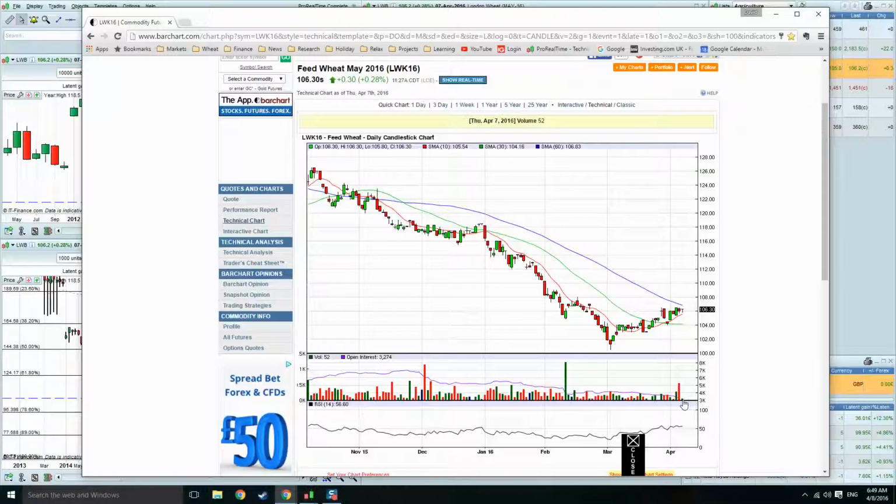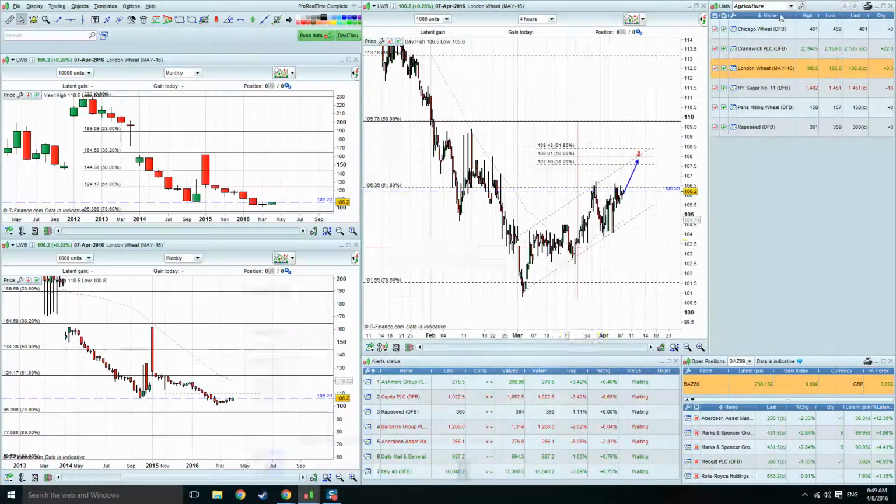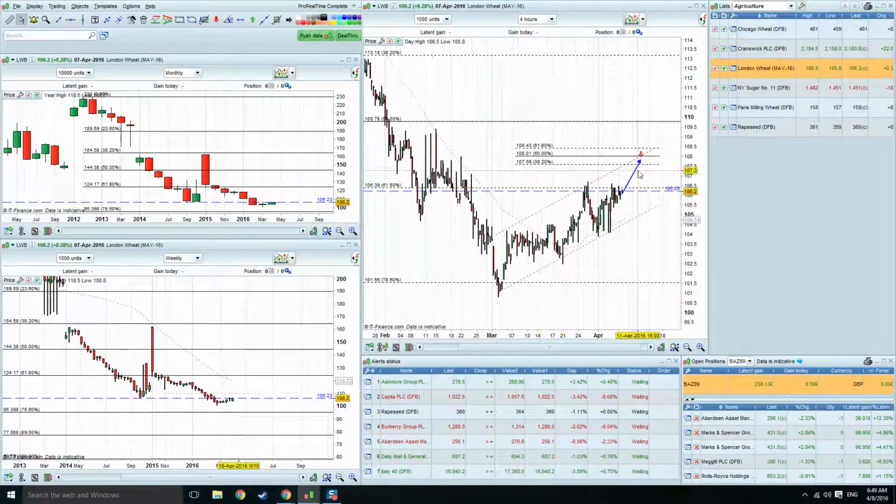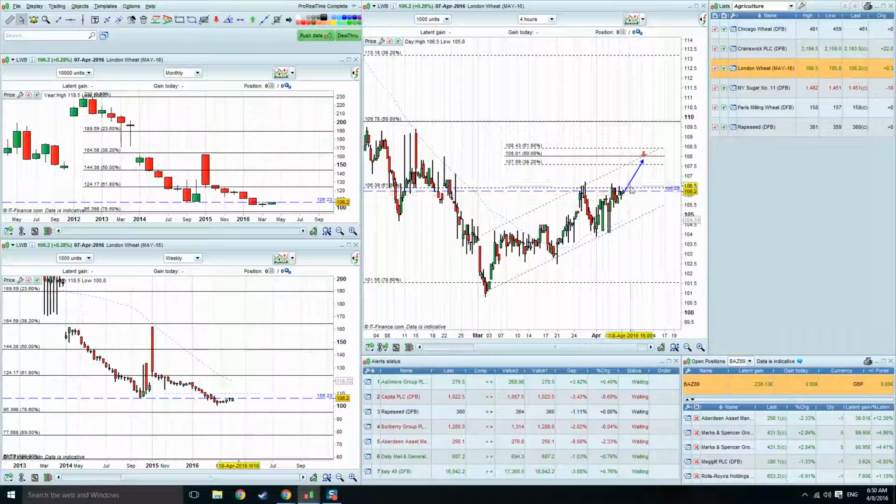Volume is nothing major to speak about. On the RSI we are just heading over the 50, so I would like to see that 106.83 tested, and then obviously get a breakthrough on the 60-day moving average as well. So obviously I'll keep an eye on this. That's what we're looking for if we get a break above the 106, and I'll put up